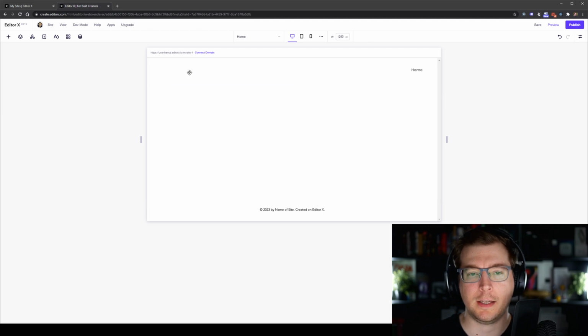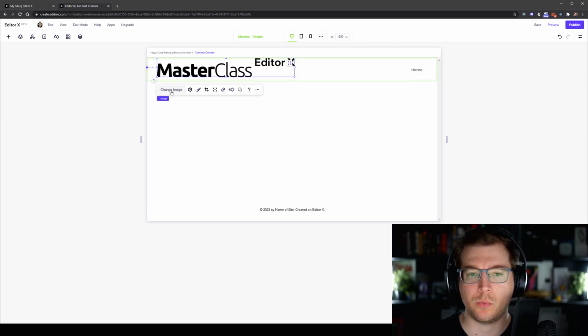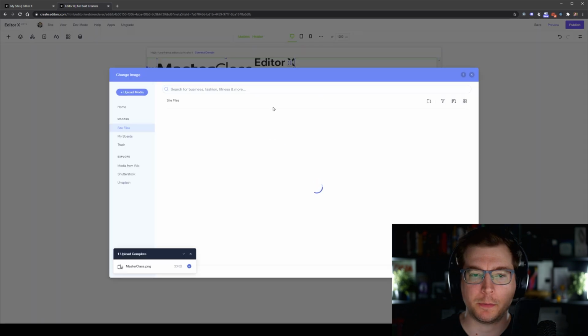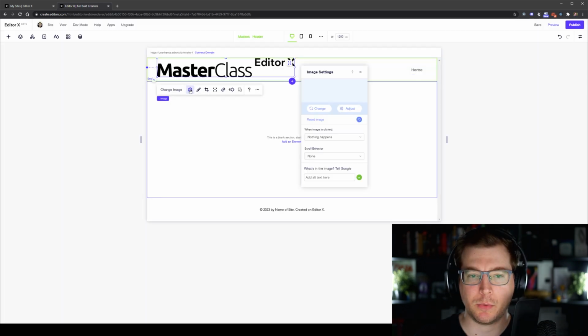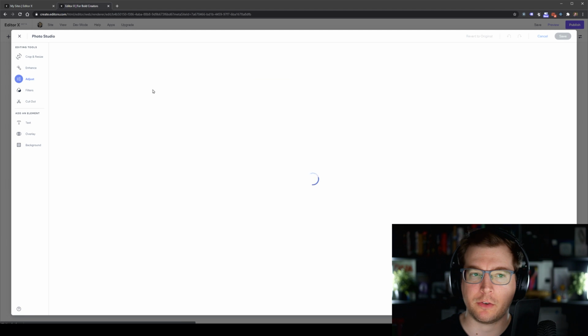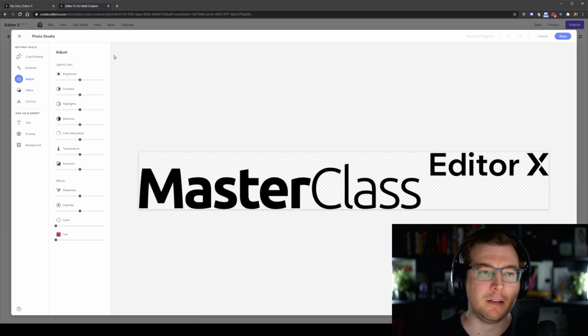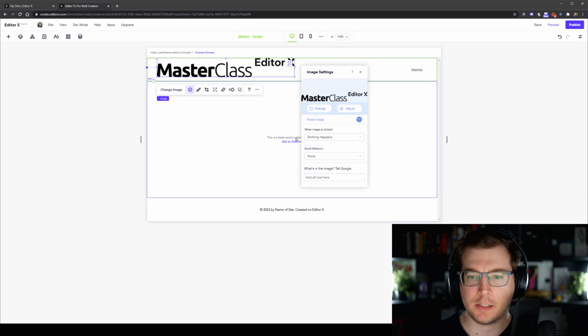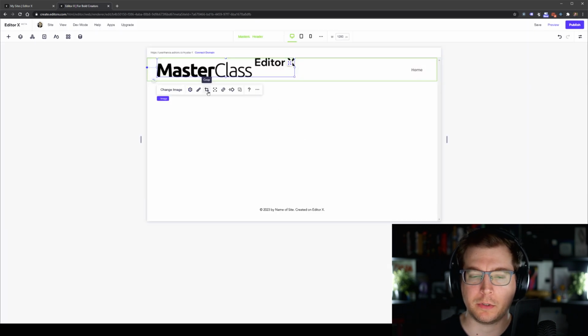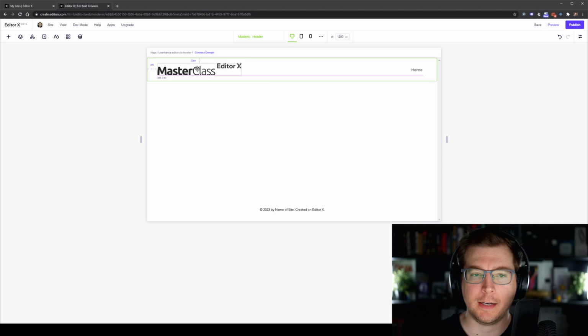I'm going to drag this here into the header, and I'm also going to resize it. We do have an option here to change the image, as well as another toolbox here, which lets us do different actions depending on what we do with the image. We have some other adjustments we could do, such as maybe even a little photo studio editor, which is really cool. But in this case, I just want to keep it simple. So what I want to be able to do to start off with is actually shrink it down a little bit. I might make it about 50 pixels in height,